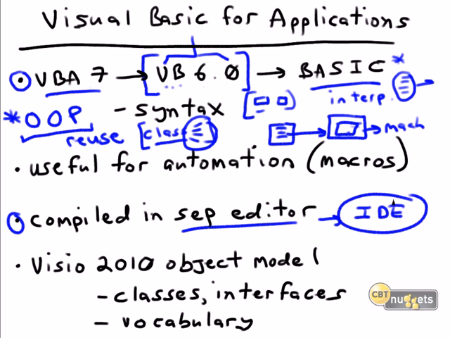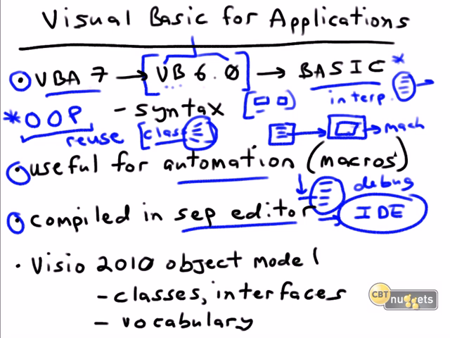IDE is a fancy word for an application that not only enables you to create your code, actually write out your code line by line, but also enables you to check it or debug the code, as it's called, run optimization tests, set breakpoints to have your code execute only to a certain point, etc. It's a really sophisticated, standard way to develop software nowadays. So we know that VBA is bundled with Office. I don't think I've gotten around yet, I'm a little long-winded here, I'm sorry, to why it's so cool. Well, it's useful for automation, primarily.